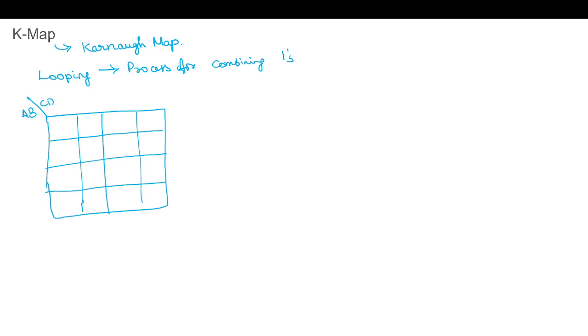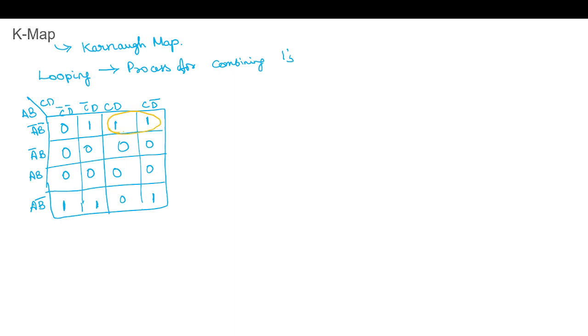A, B, C. So here it is 0, 0, so C bar D bar. 0, 1, C bar D. 1, 1, C D. 1, 0, so C D bar. The same way here also. Say consider these are the bits which are 1, and let other elements be 0. So one of the possible combinations to form a group of 2, or pair, is